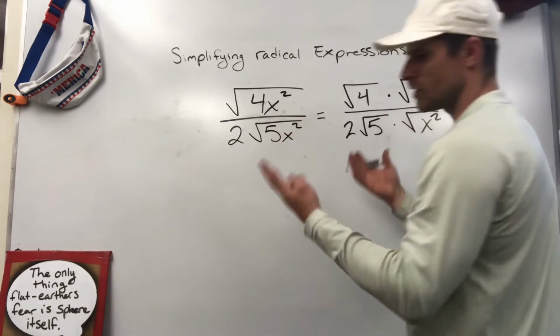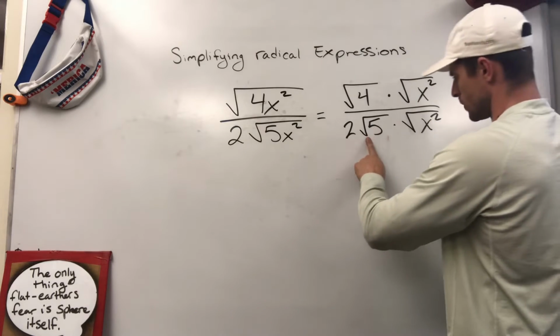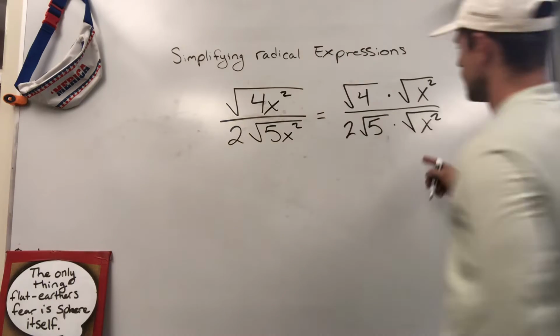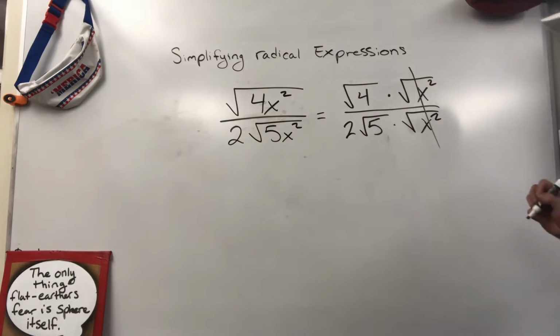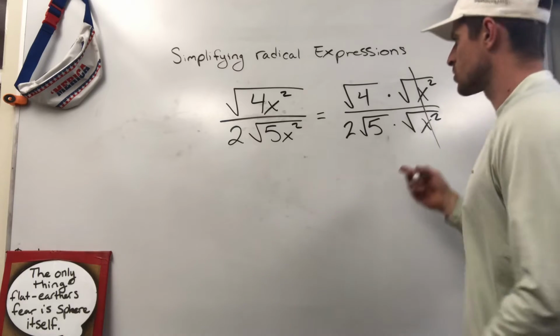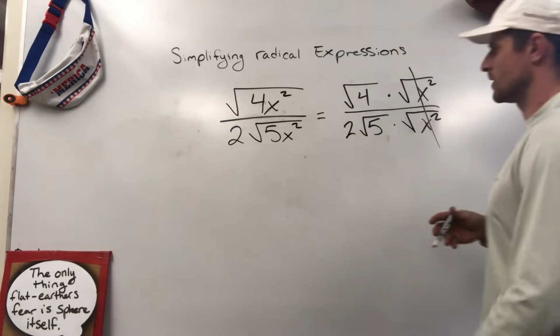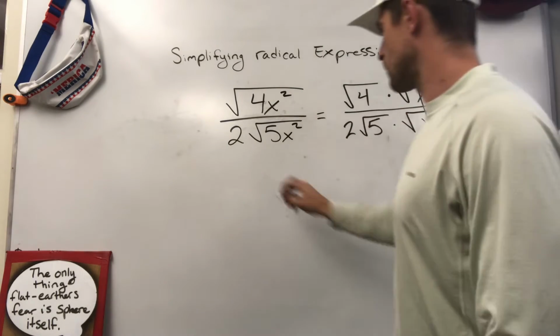So we should all understand that 5 times x squared can also be written as the square root of 5 times the square root of x squared, just separating them out. And why I wanted to do that is so that you can see that these are going to cancel each other right away. Okay, so just by doing that, I've eliminated a bunch of silliness that can go away almost immediately. Now the square root of 4, okay, square root of 4 is going to come out as